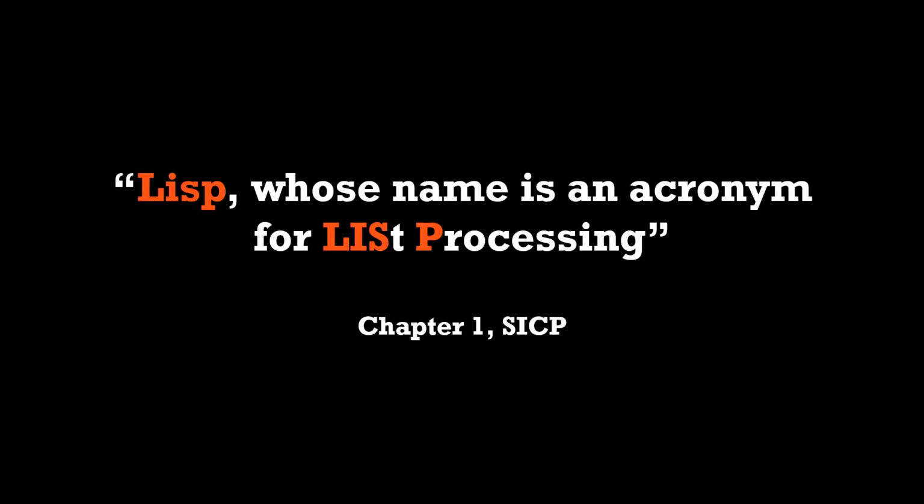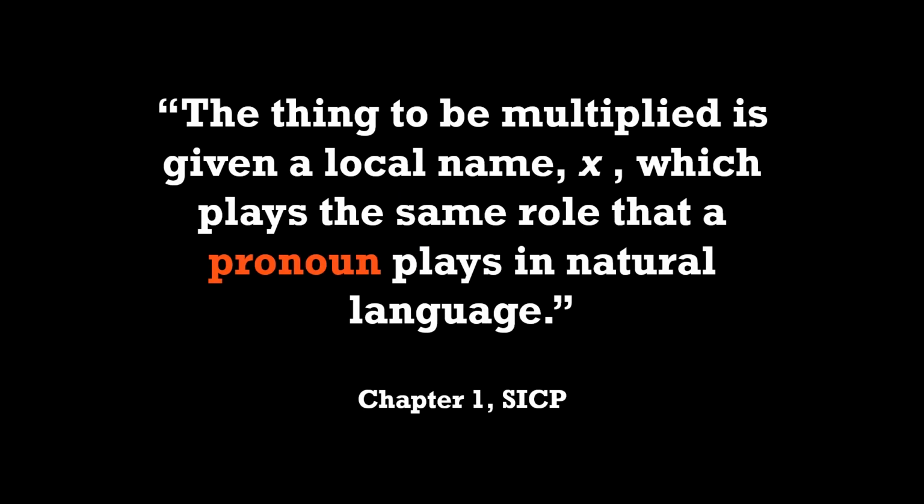The next quote, at this point we're getting actually into the content of Chapter 1. "Lisp is an acronym which comes from the LIS from list and the P from processing." So if you didn't know that, that's a neat fact. "The thing to be multiplied is given a local name x, which plays the same role that a pronoun plays in natural language." I highlighted this quote because it's interesting that they choose to highlight the similarity to pronouns in natural language,